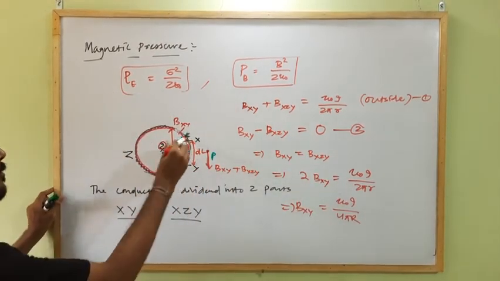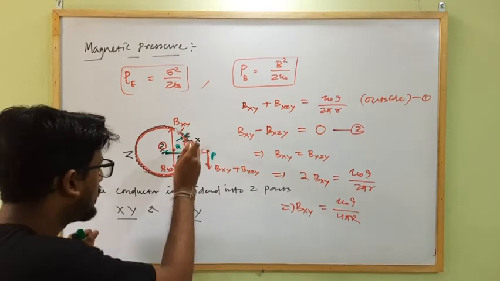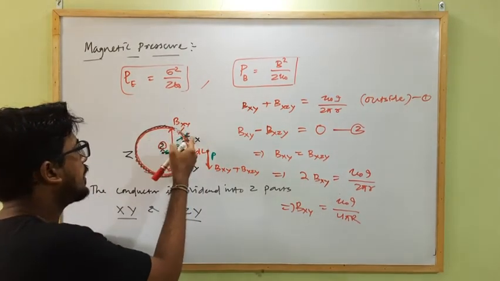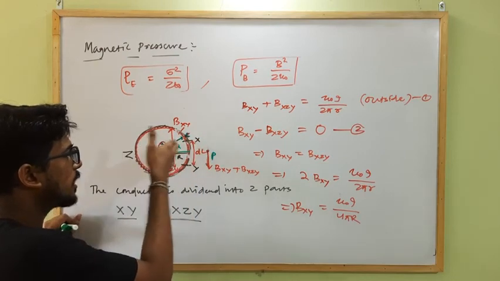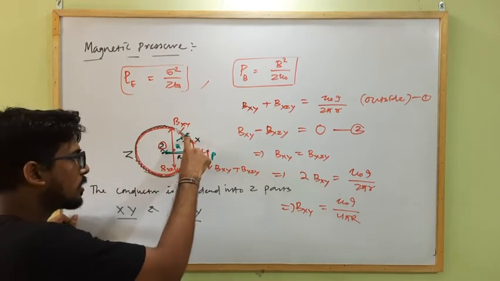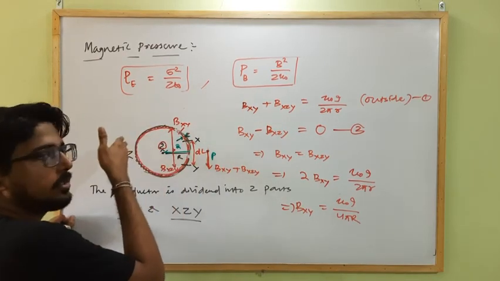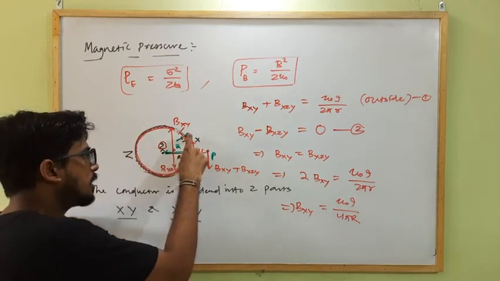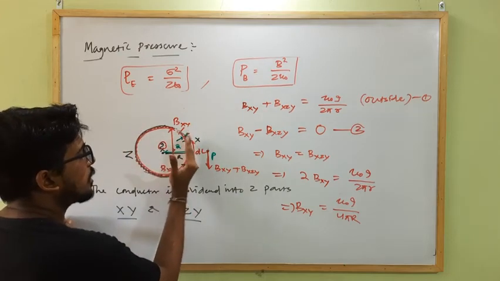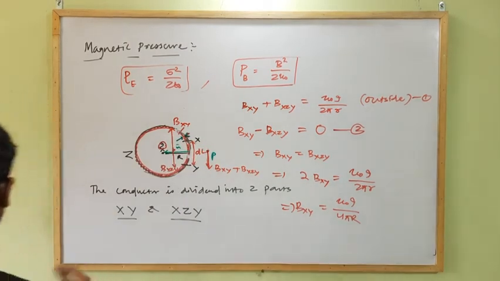So now what will be the force acting on this length? For this segment, the remaining segment xzy will experience a force because the current flowing through these two segments is parallel. Due to this current carrying segment, the remaining portion also carries current into the plane, so it will attract this segment towards itself and experience a force along this direction. That force will be how much? dF. So what is the value of dF?